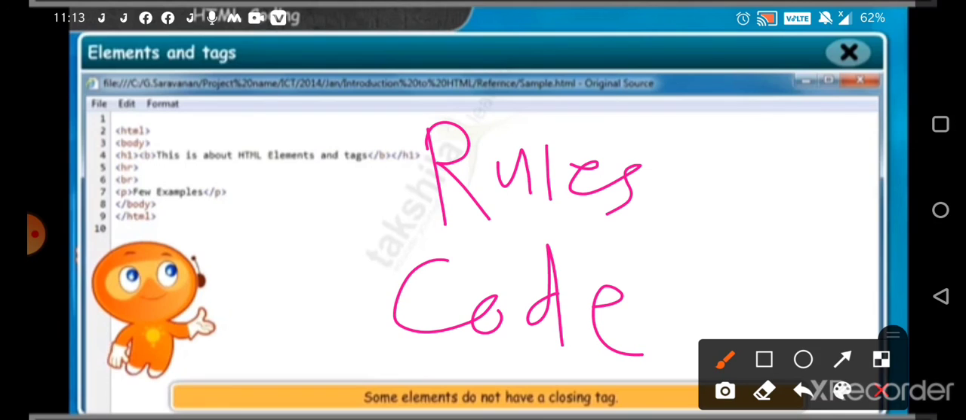So the break tag is used if any text which you want to display on a new line, at that time you have to use the break tag, and the break tag doesn't have any closing tag, or we can say off tag as well. Next is, so this was all about